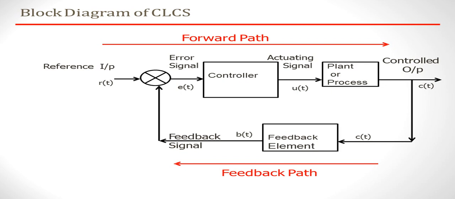Again, that control output C of t is fed back to the input via the feedback element. Okay, so C of t is given to the feedback element. Its output is the feedback signal designated by B of t, and to the error detector. Now there are two inputs. You can see first is the reference input previously given, and the second input is feedback signal. So it will calculate the difference between the two, reference input and feedback signal, and that is called as error signal, that is given as input to the controller. So this is block diagram of control system.